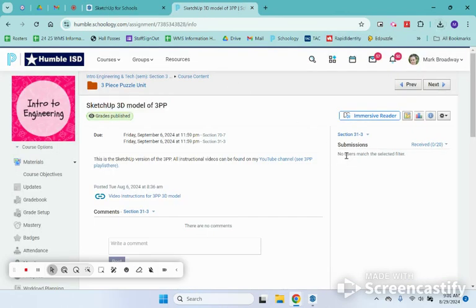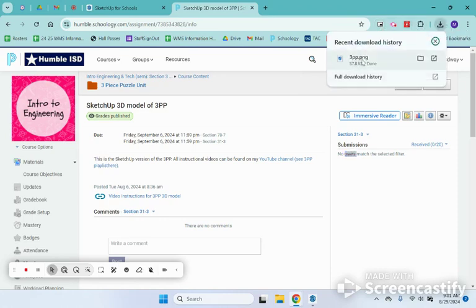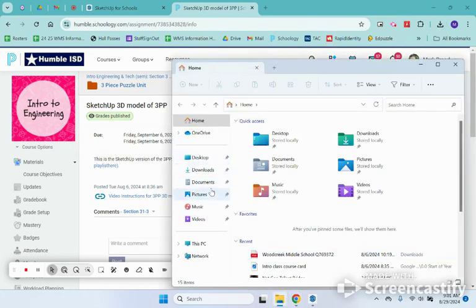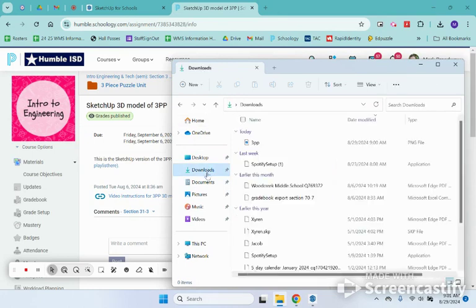So you're going to click on somewhere in this area, there's a button for submissions, and then a little dialog box opens up. You'll see a rectangle or a square that has like a picture of a file. You click on that, navigate to your downloads folder, select the file that you took the picture of, the PNG, which is in your downloads folder right here, 3pp.png. And if you're on a desktop, it'll look like this, sort of, in your downloads folder, and it'll be right here in your downloads folder. And that's